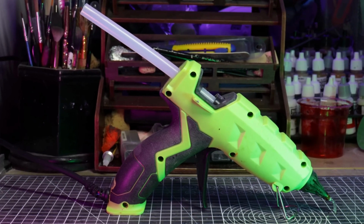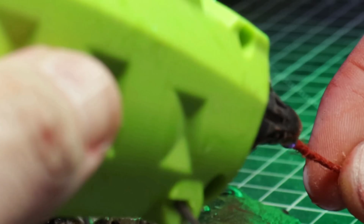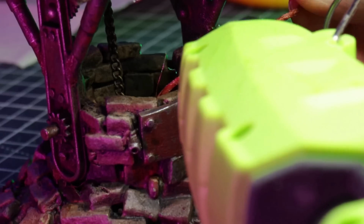Also for this we'll need the hot glue gun. Now I've dyed all of the twine in the red ink. Let that dry on some kitchen roll, and I'm going to use some wood glue and twist the strands in my fingers, between my fingers, to make them tight, and then glue them inside the well first with a hot glue,